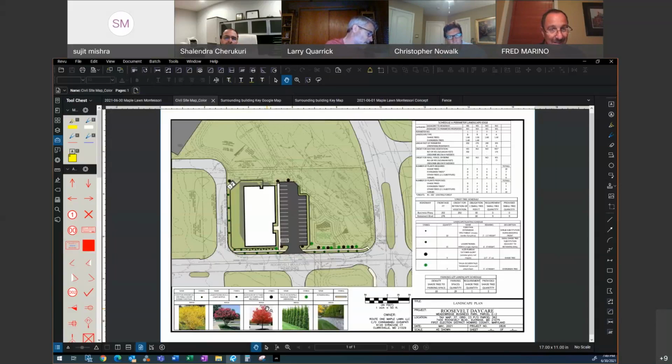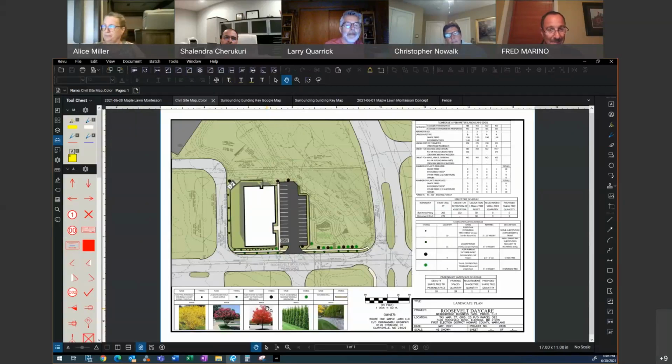Alice, how wide do we have the sidewalk designed right now? It's 5 feet. That's too narrow if there's an overhang, and if you're not using wheel stops, which I'm guessing you're not. We prefer not to if we can help it, for safety. So we can make it 6 feet. We could probably look at that. A lot of cars will overhang that curb onto the walkway by as much as 2 feet, depending on the car. So you're really narrowing that walkway down if you allow cars to encroach onto it.